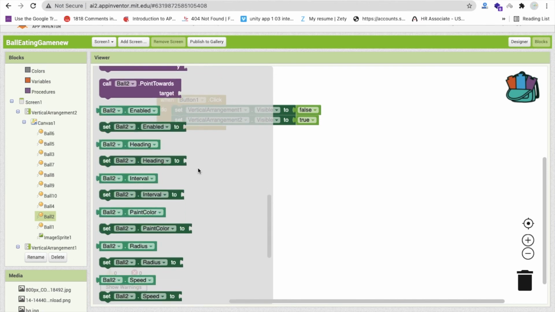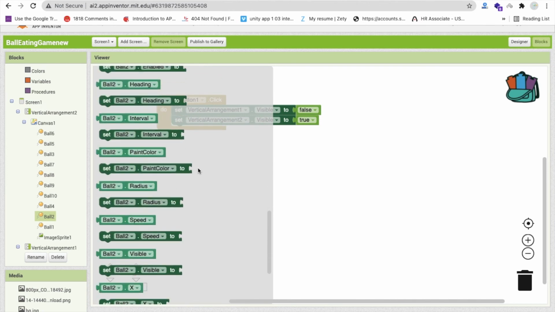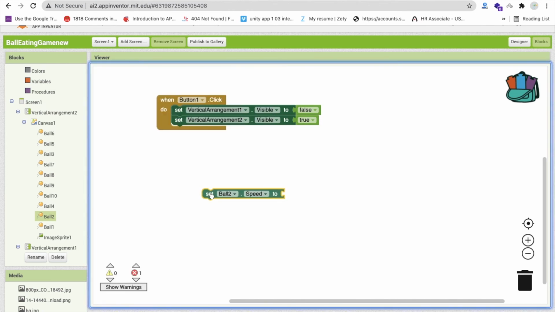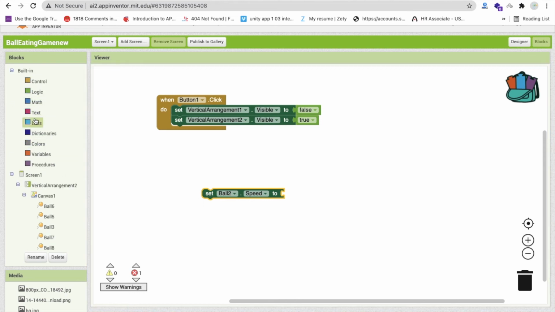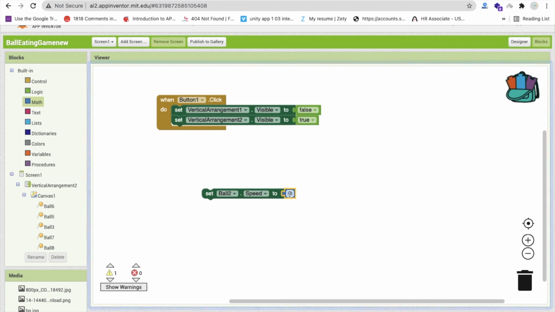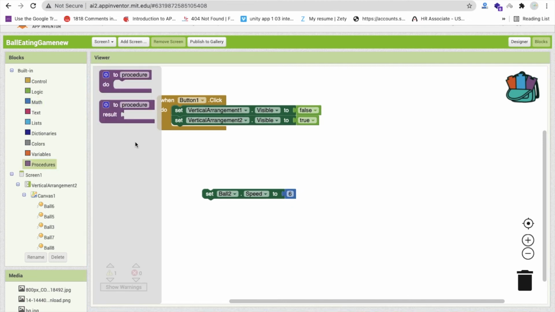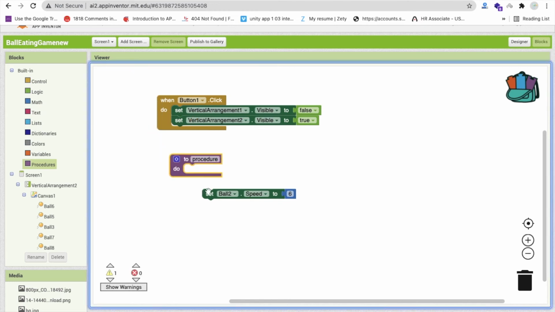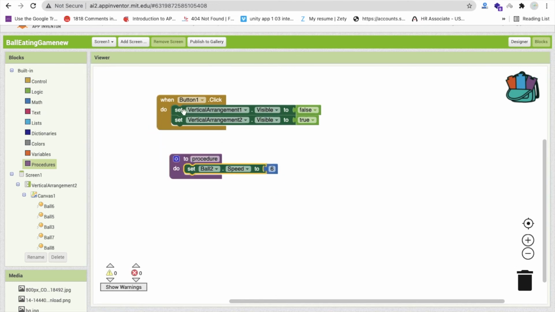You will get your set ball speed option here, this one, and we need to set their value, you can use a value like 6 or 7, something like that. And you have to create one procedure. So click on procedure, this procedure, and we will call this procedure on that button click.